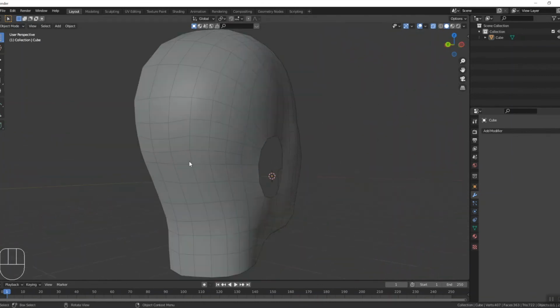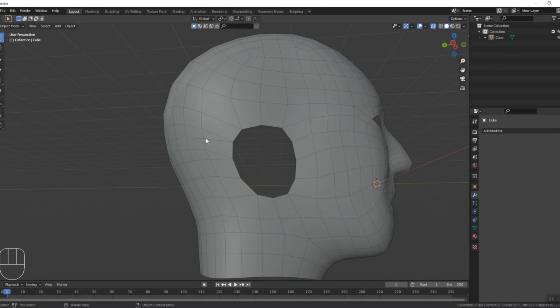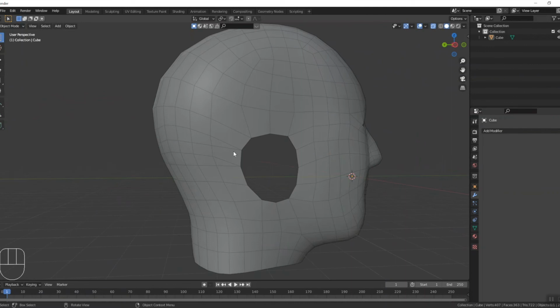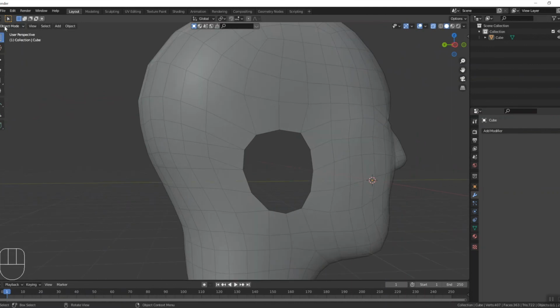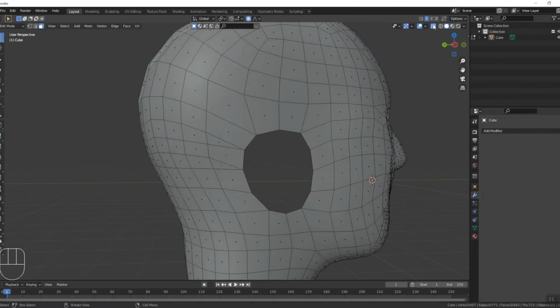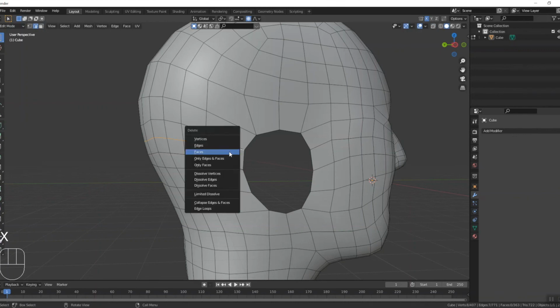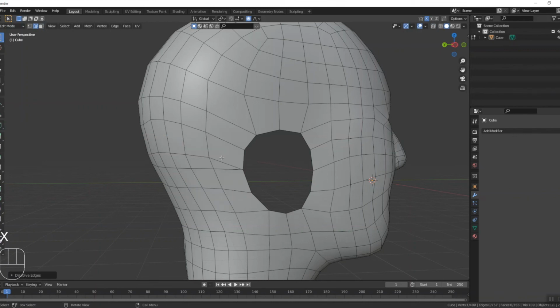But what I can see here is this edge here is actually ending in a triangle. Doesn't really need to, because I don't need this detail. So in edit mode, I remove the X-ray here. I'm actually going to select this edge here by holding Alt, then I select all of it. And I press X and do dissolve edges. Then I just remove that edge. And I do the same thing here. See, now we have